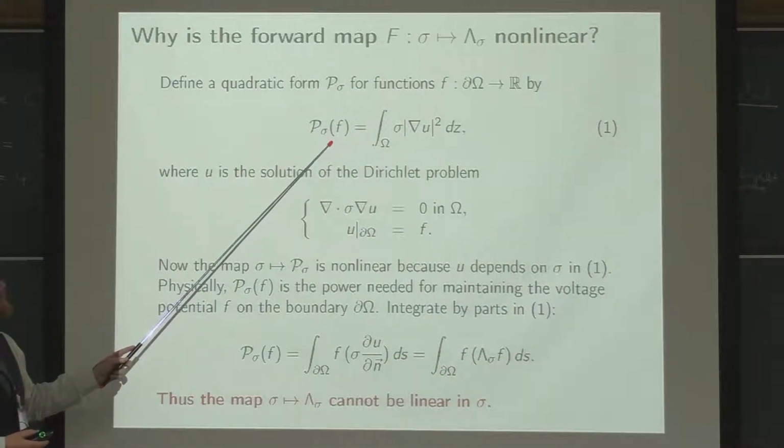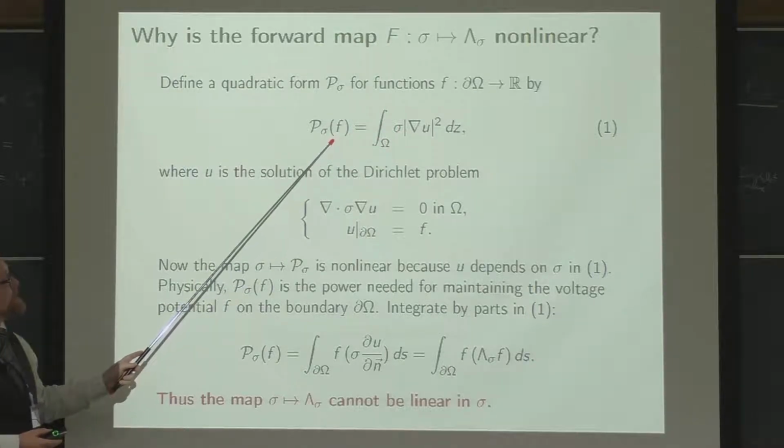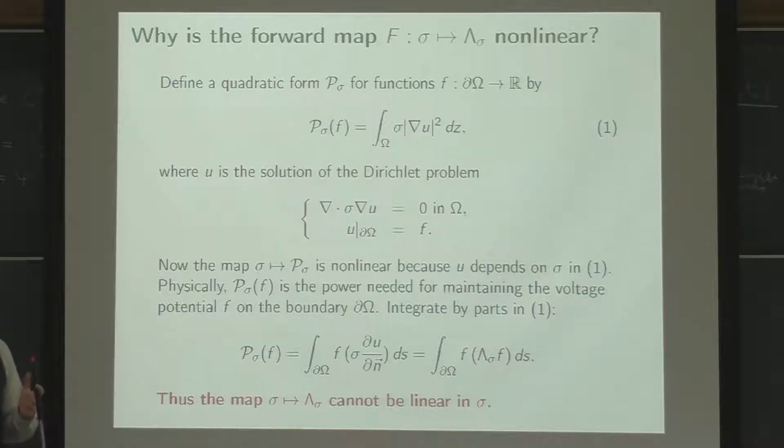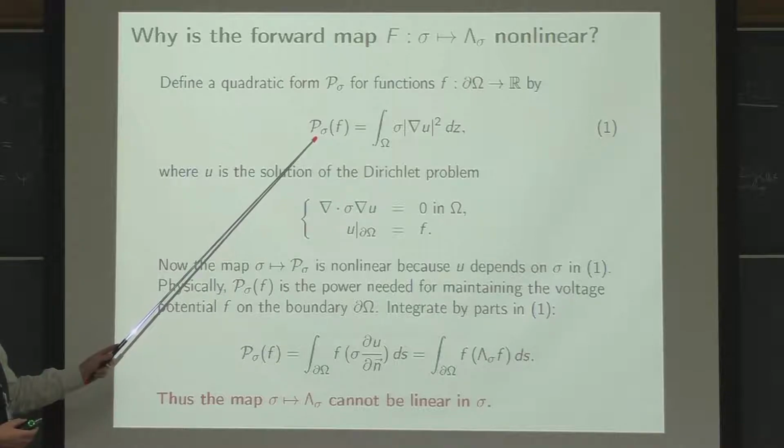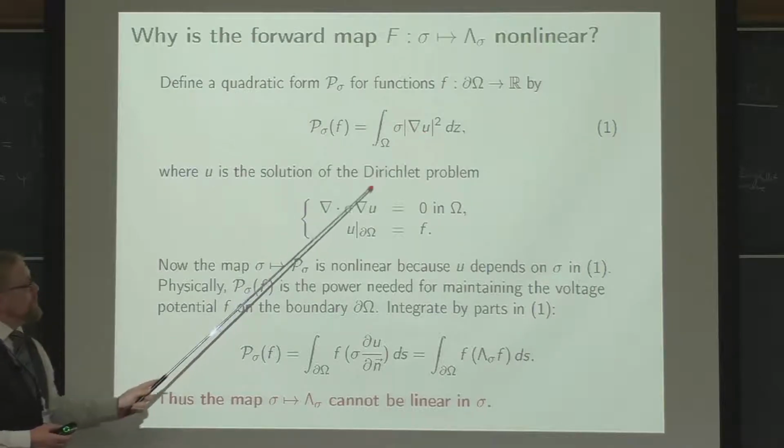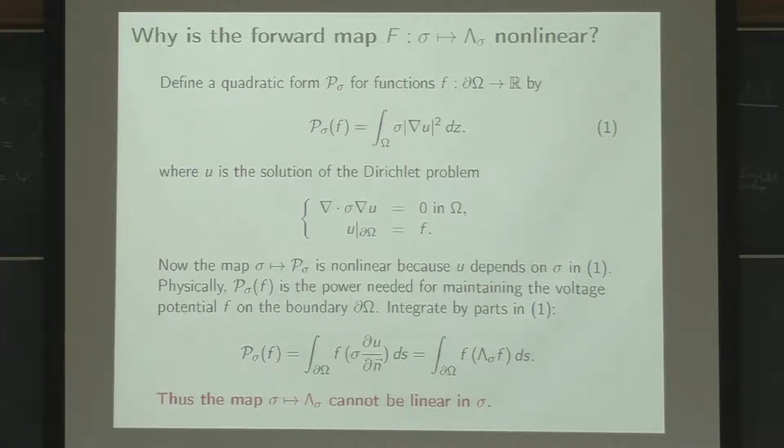Let me define this quadratic form that physically represents the power needed to maintain the voltage distribution F around the domain. So if you look at this power quadratic form, where U is the solution of the conductivity equation, then we can see that from sigma to P sigma there's a nonlinearity, because if we integrate by parts, we see that,